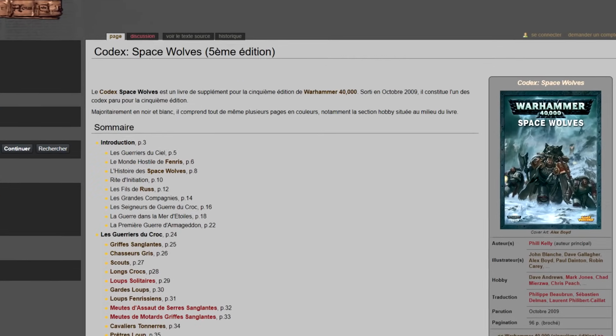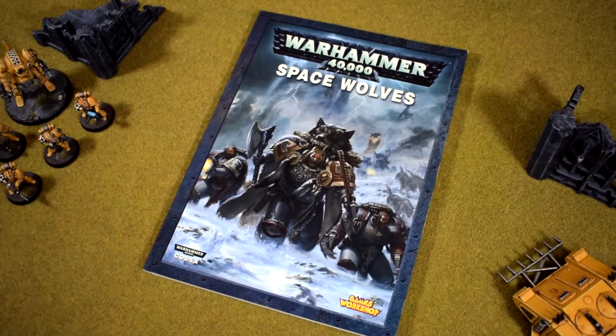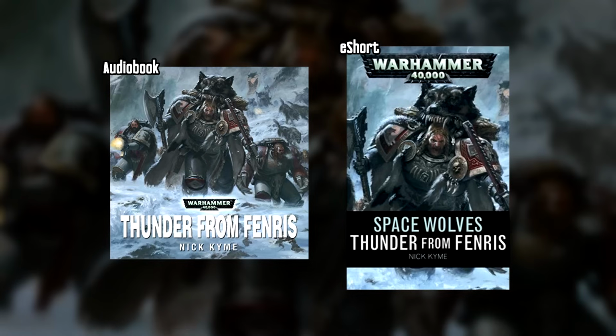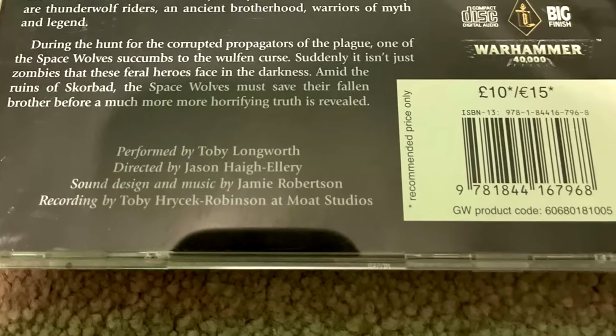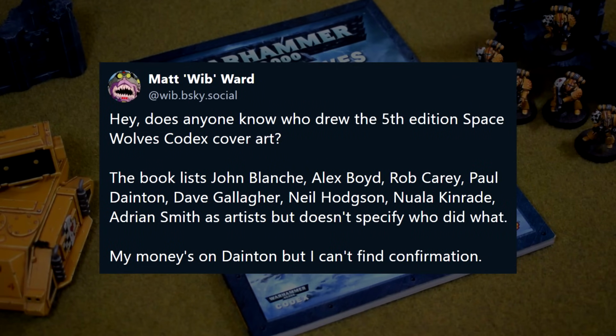It's listed as an Alex Boyd piece on the French, and only the French, language Lexicanum. Most other places that do attempt to source it say it's a Paul Dayton. But most just don't seem to know. It was also used for things like Thunder from Fenris, but because they're Games Workshop, the art doesn't seem to be credited at all. However, after reaching out to our sources, and by that I mean Wib posting about it,